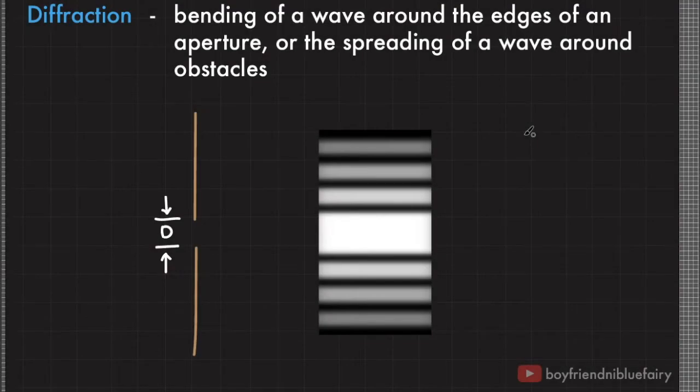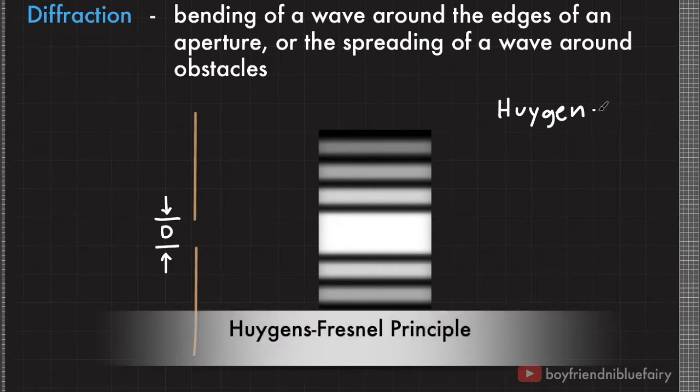This time, we will now explore the phenomenon of diffraction. Diffraction is actually a consequence of the Huygens-Fresnel Principle. By the way, I'll just pronounce this as Huygens, though the Dutch pronunciation of this is difficult. So diffraction is just a consequence of the Huygens-Fresnel